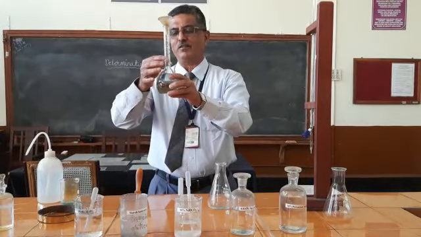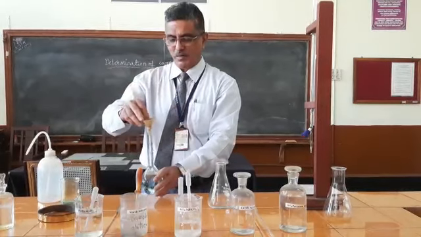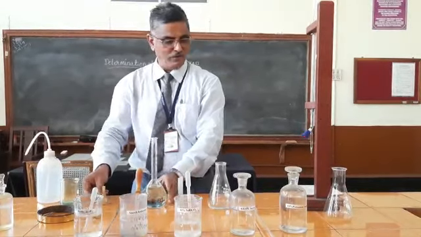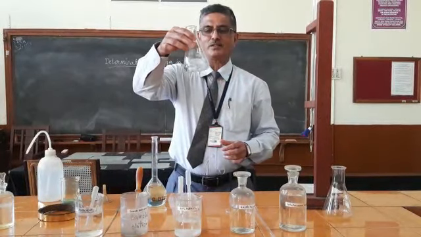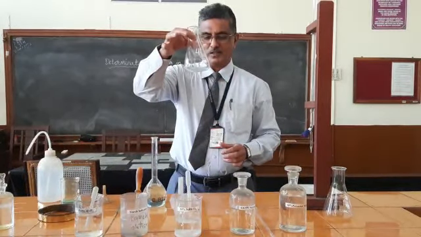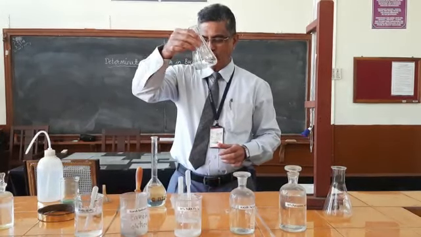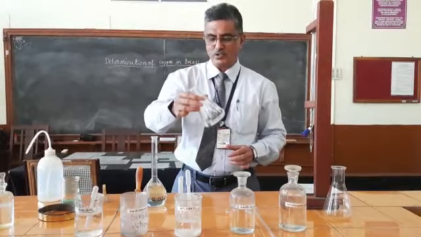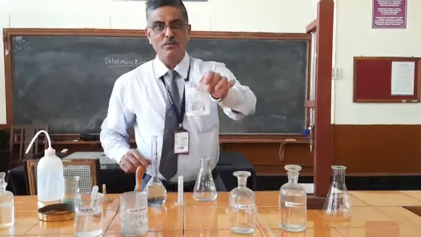And out of this, after dilution, you have to shake it well and pipette out 25 cc of this brass solution in a clean conical flask here. Already I have pipetted out 25 cc of brass solution in a conical flask. Now first step after pipetting out 25 cc of brass solution in the conical flask, the solution is highly acidic. You have to neutralize it first by addition of sodium bicarbonate.